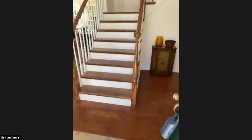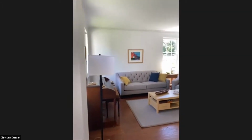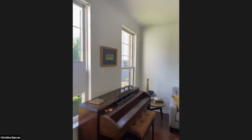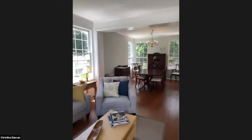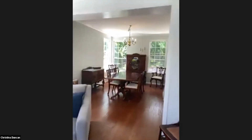So we're here in the foyer. We have beautiful hardwood floors. And to your left, we have the living room. The home has beautiful crown molding throughout the living room and the dining room. It's a nice, bright, open floor plan. As we continue through the living room into the dining room